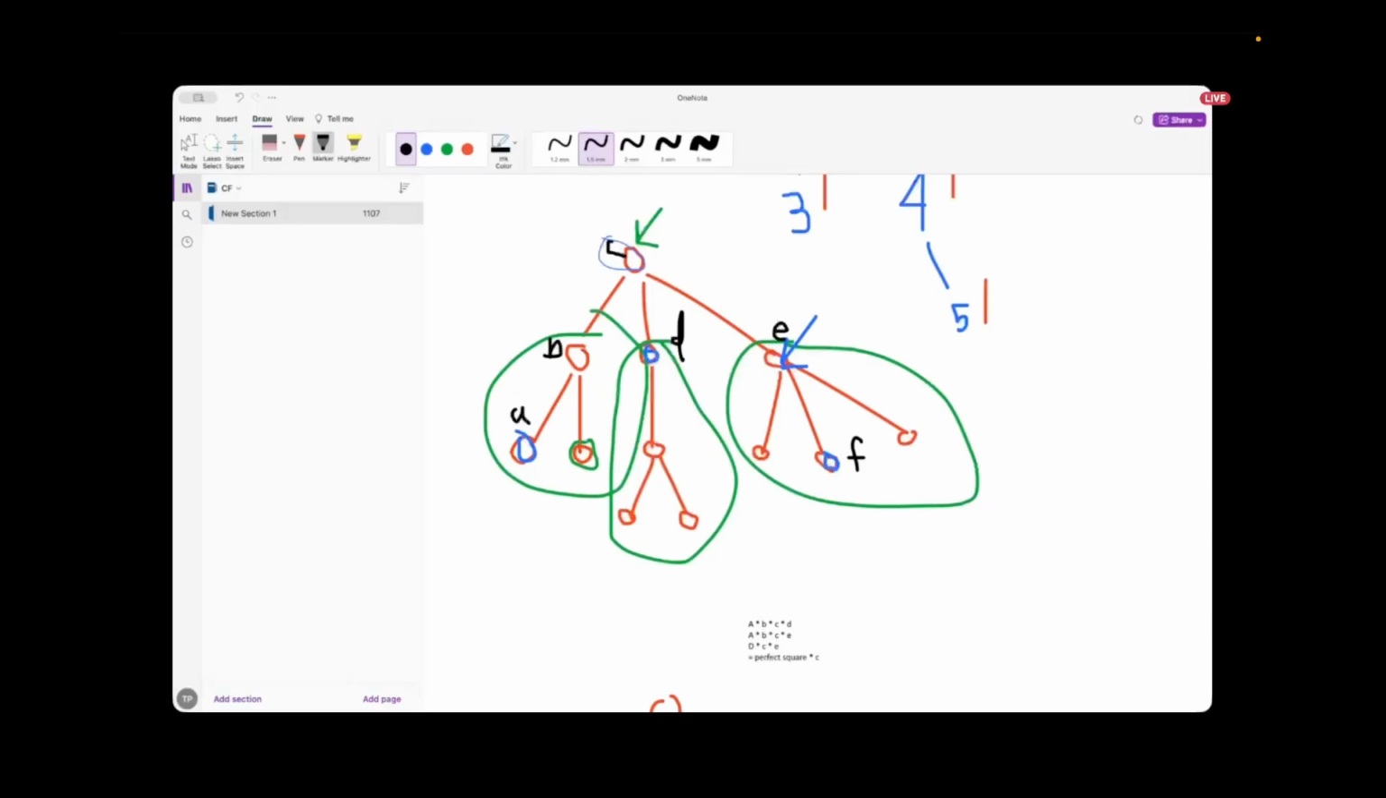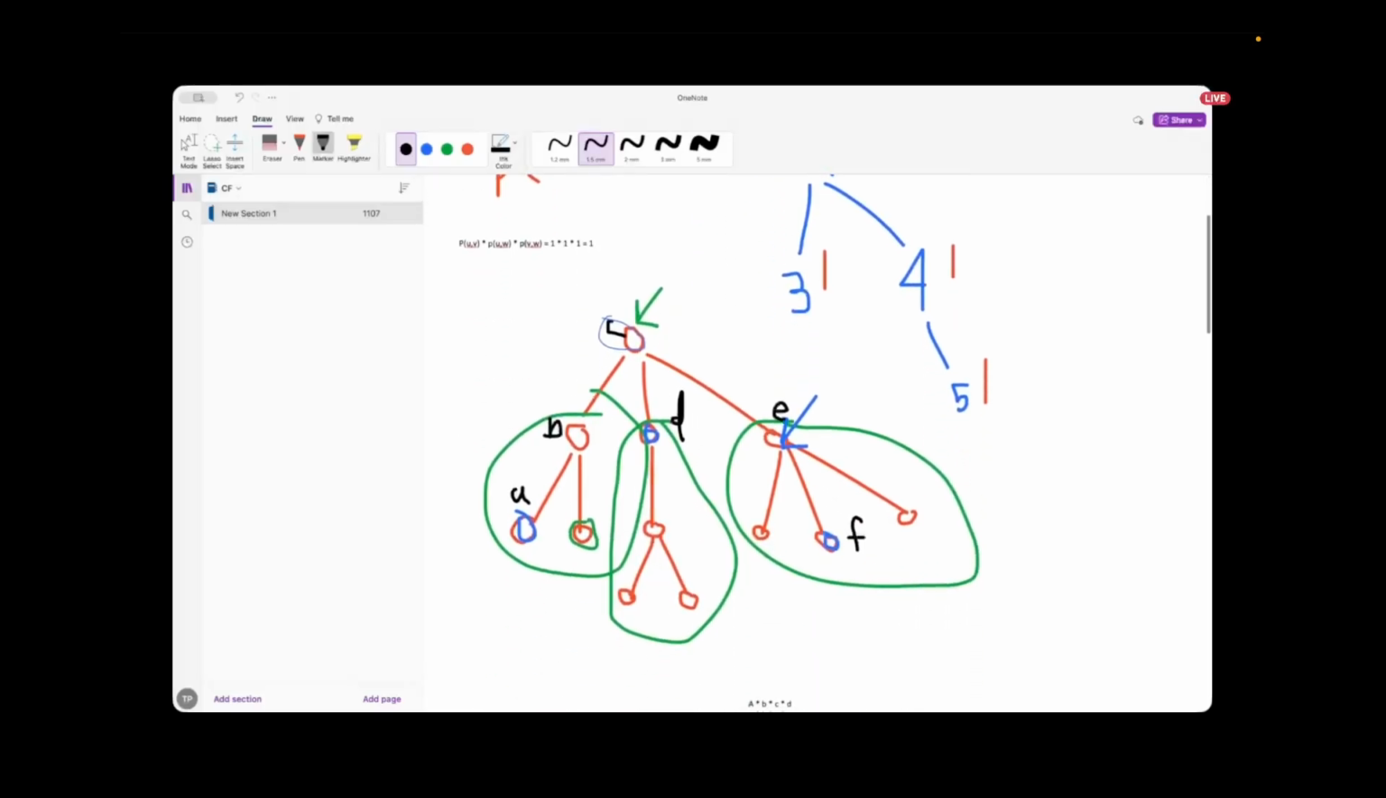What you can do is compute a bunch of information about the tree using depth first search. You can compute the size of the subtree rooted at every single node. What you can also do, to handle this first case over here, is